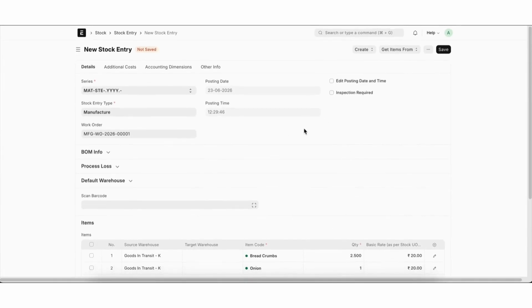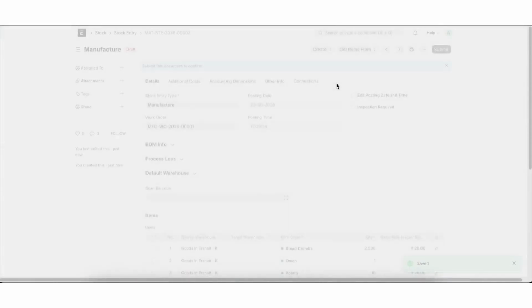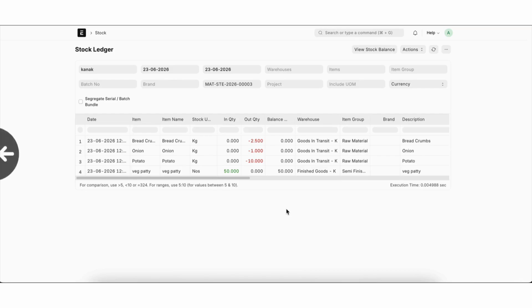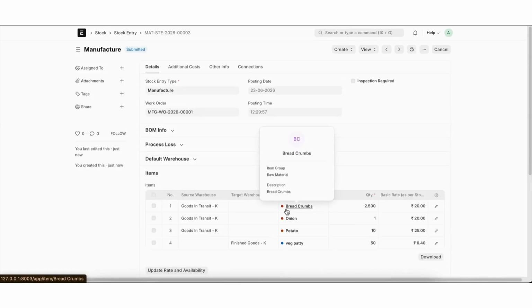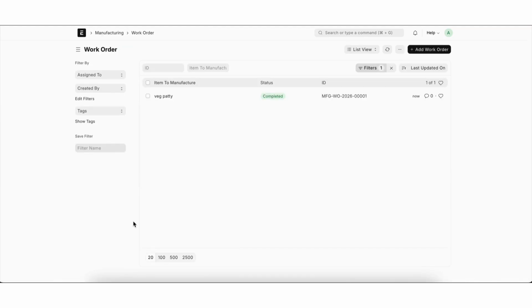Again a stock entry form opens with stock entry type manufacture, and then save and submit, and go to the view and check the stock ledger. See, so everything is ready for final